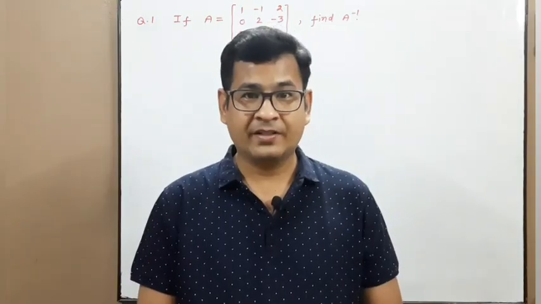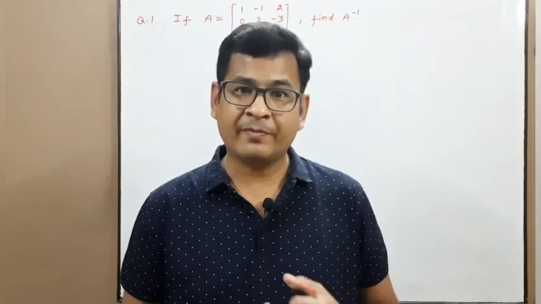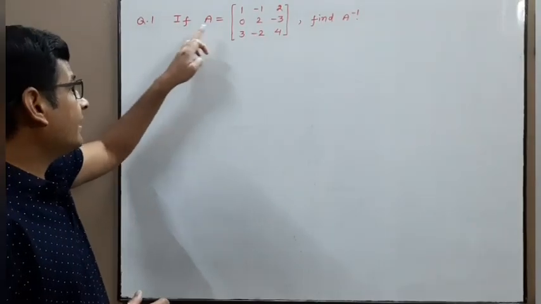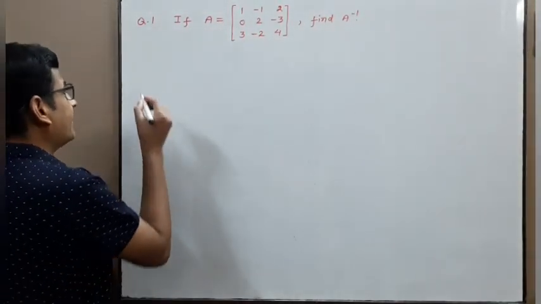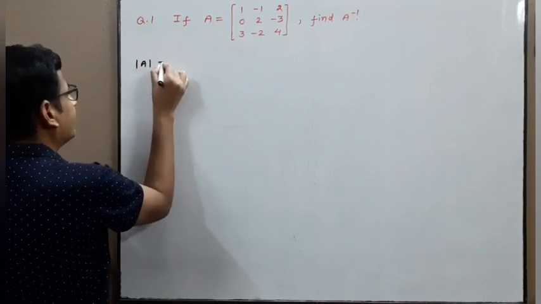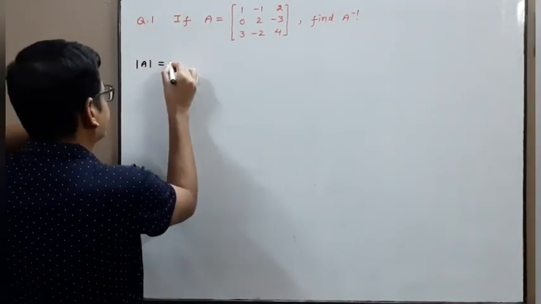Hello students, today we are going to discuss extra problems based on the inverse of a matrix. Question number 1. If A is equal to this, find A inverse. So first find determinant A. Determinant A is equal to, expanding along R1,